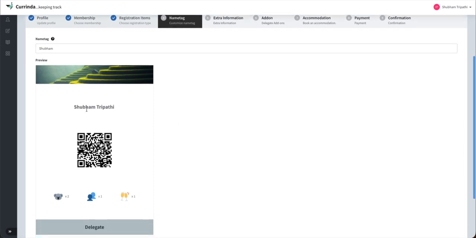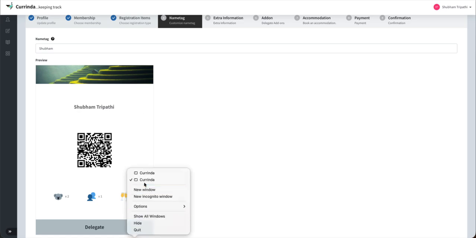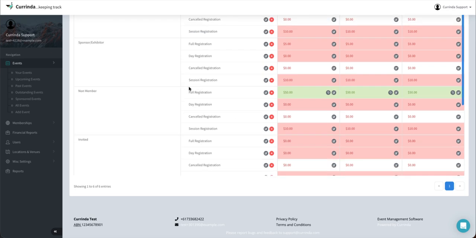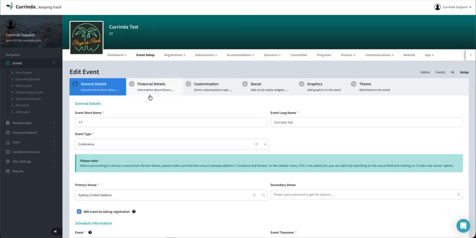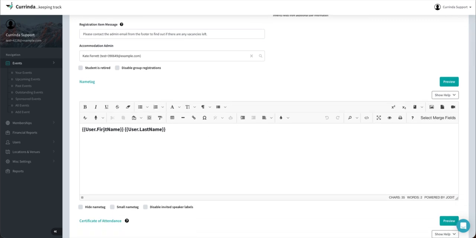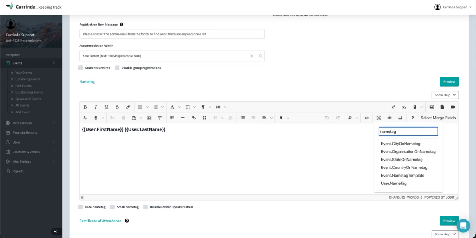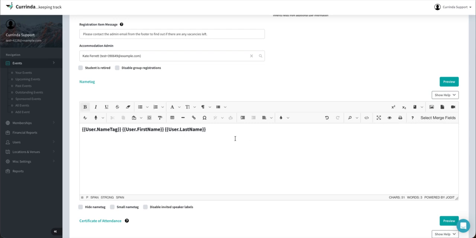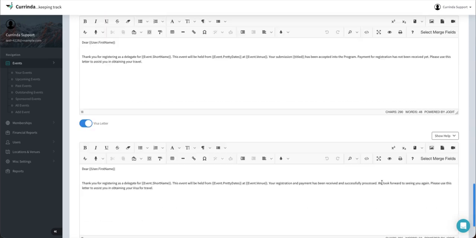So we have hard coded it from the admin side to be first name and last name of the user, as we can check if we go to event setup, customization, and you can see it's event.user.first name and user.last name. We haven't allowed the customization. We can say name tag user.name tag, and if I press enter and save this,